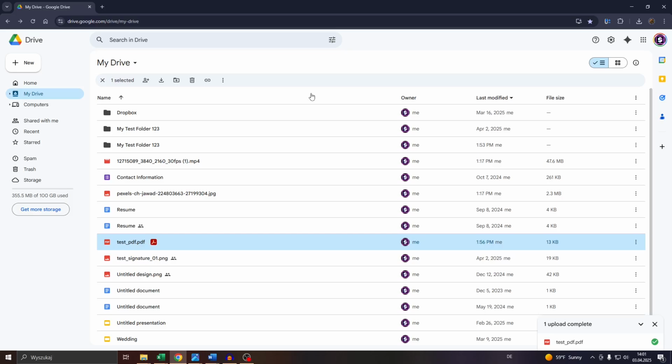Hello guys, in this tutorial video you will learn how to convert a PDF file into a JPEG file in